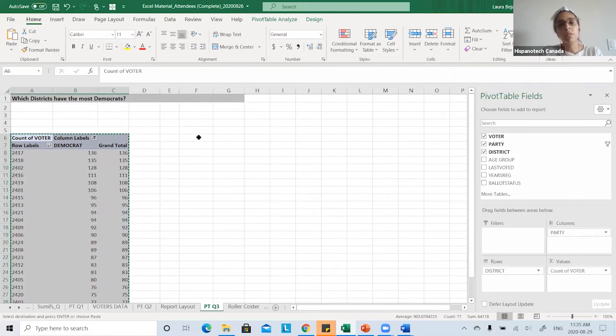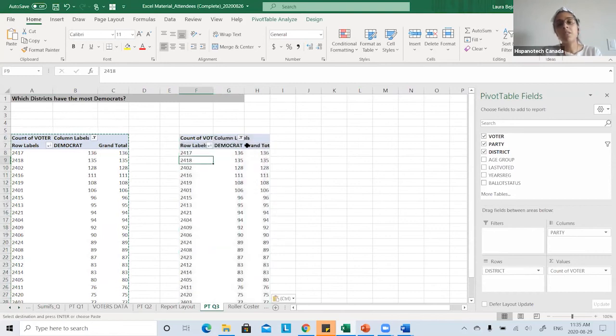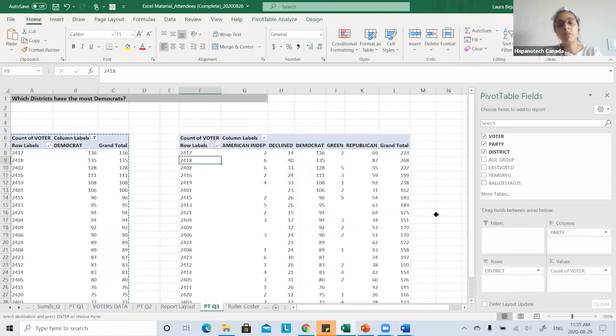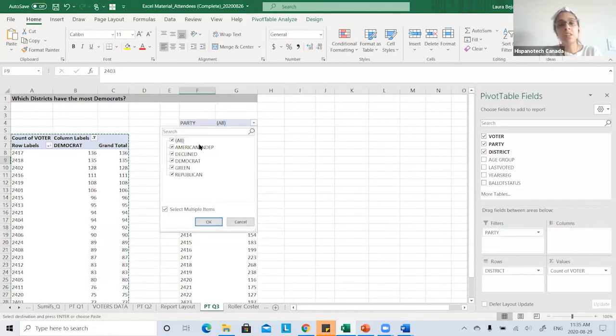So I'm just going to Control C, Control V, and now I'm just going to arrange a new pivot table here. So the other way that I can do this is because I only want Democrats, it means that I'm going to filter by Democrats. So I can use my party as a filter, right? And here I just select